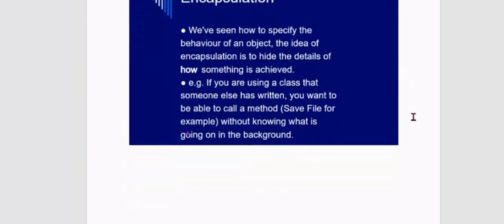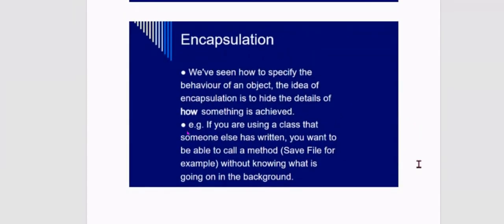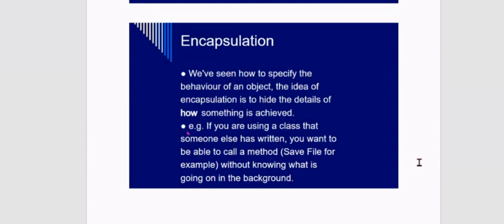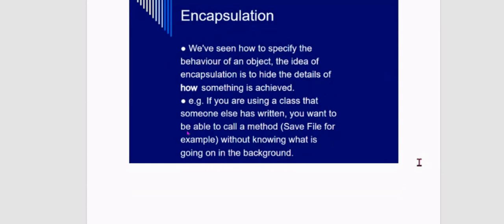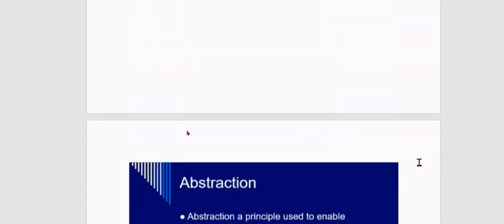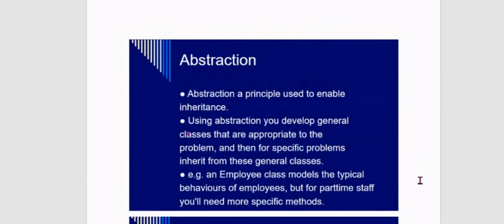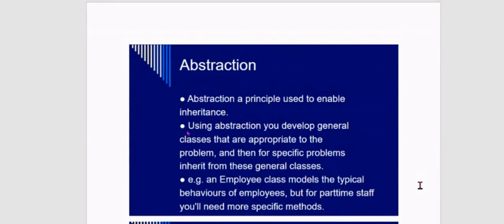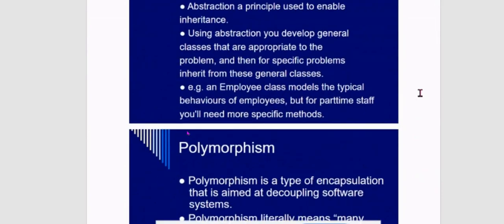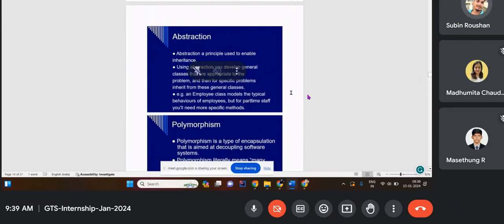If we talk about a real-world example, then a POJO class is an example of encapsulation. We can get encapsulation through the getter and setter methods. And this is abstraction of the object-oriented programming language. Abstraction is a principle used to enable inheritance. Abstraction is not 100% achieved through